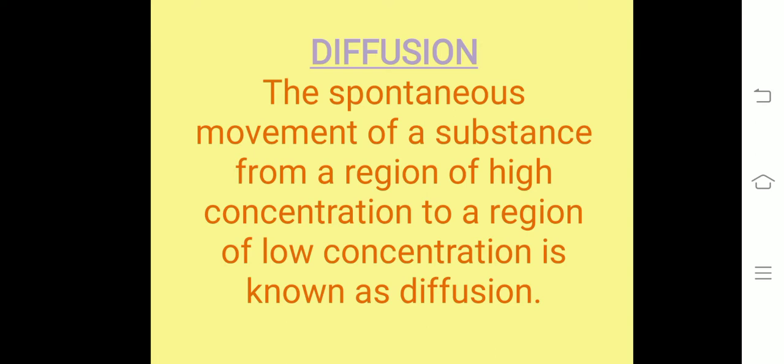For example, substances like carbon dioxide, which is a cellular waste and requires to be excreted out by the cell, accumulate in high concentrations inside the cell. But in the external environment, the concentration of carbon dioxide is low as compared to that inside the cell. As soon as there is a difference of concentration of carbon dioxide inside and outside the cell, carbon dioxide moves out of the cell, that is, from a region of high concentration to a region of low concentration,